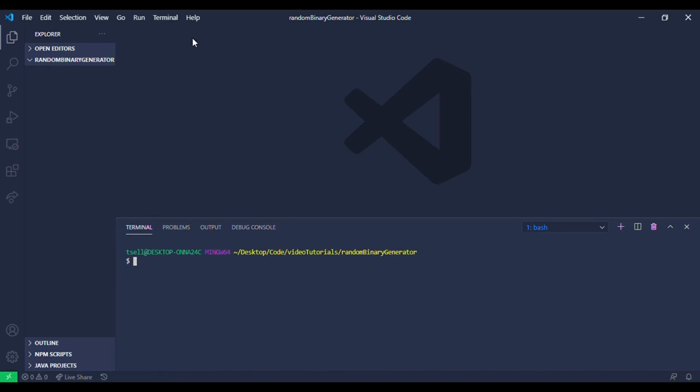Alright, so what we're going to do is create a random binary generator, and occasionally we'll input a 42069 in there. Great, so we're going to go ahead and create a new file inside of the directory that we're at. So I'm thinking of a fantastic file name right now, and that is,